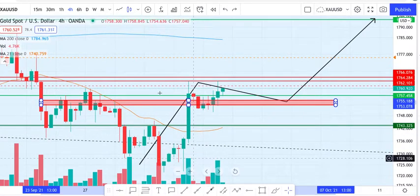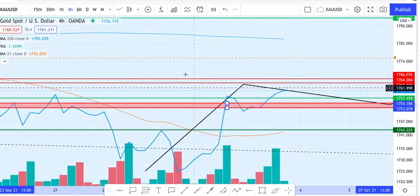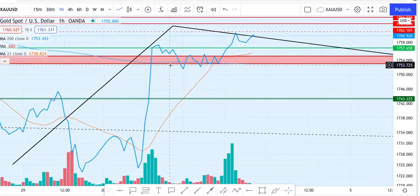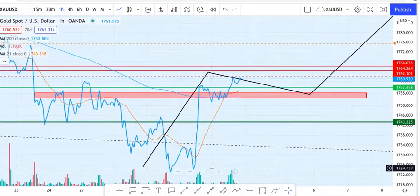And what you're going to see here, let's turn it to the line chart. Remember, I told you the line chart consolidates all the candlesticks and makes it much more linear, so you don't have to see so much noise. So actually, let's go down to the 1 hour. Okay, so there's the 1 hour. Now you can start to see why I'm bullish. Okay, because look,